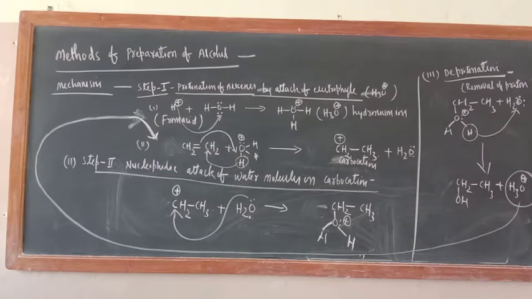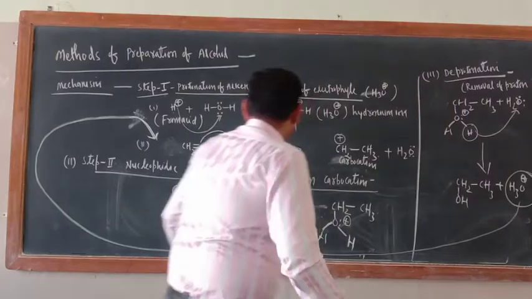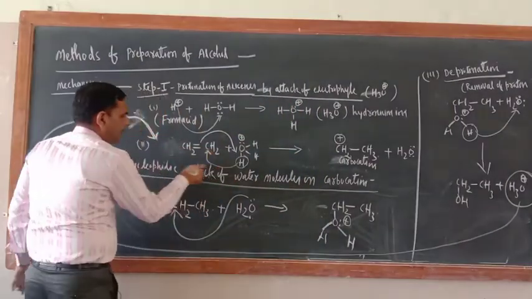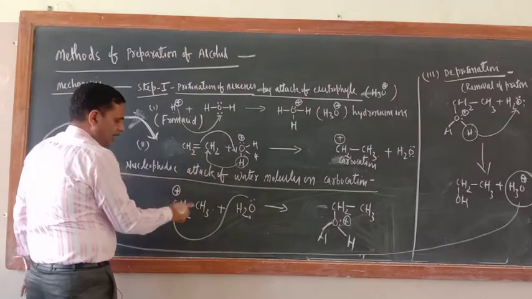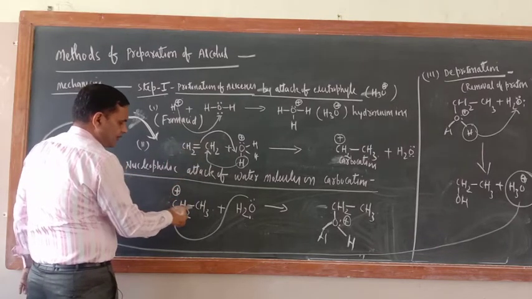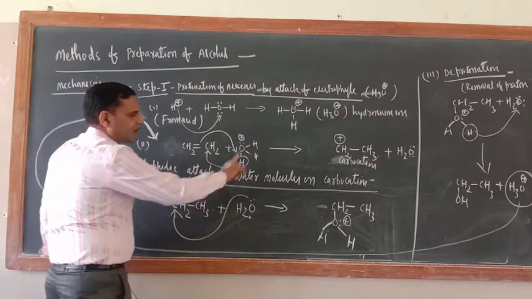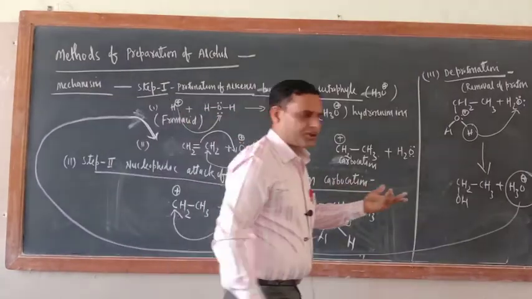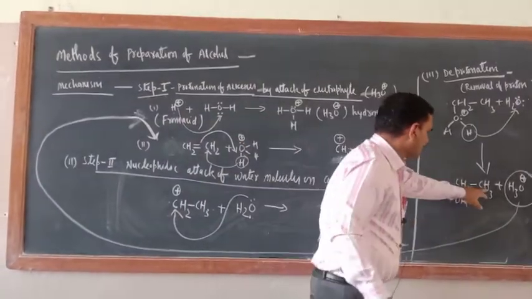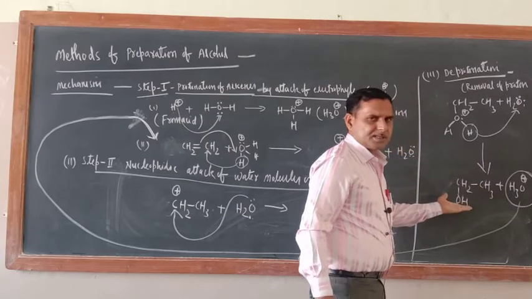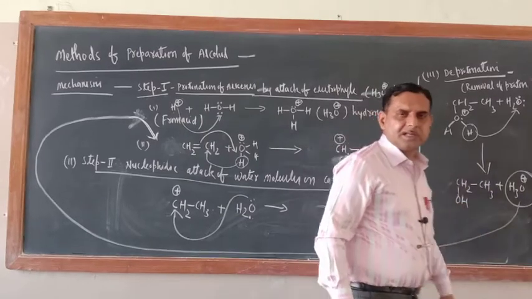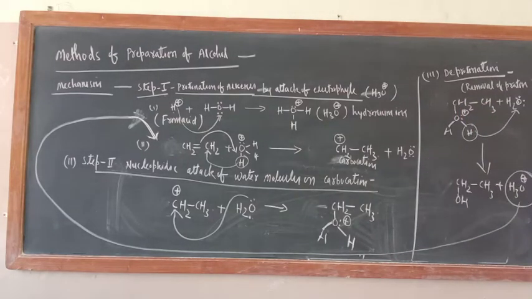Now don't get confused, just see here, I added this H here, you can add here, no problem at all. So now if you are adding here, this will be CH3 CH2, everything is the same, there is no issue. Only one difference will come: this side CH3, this side CH2OH. But of course this is ethanol only. It doesn't matter which side the hydronium ion is attacking.